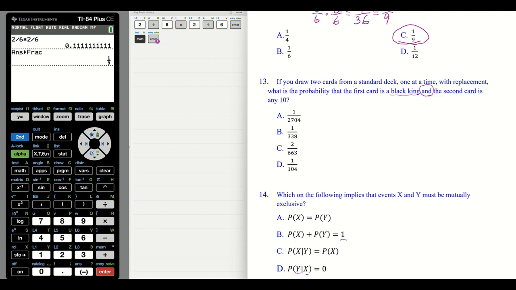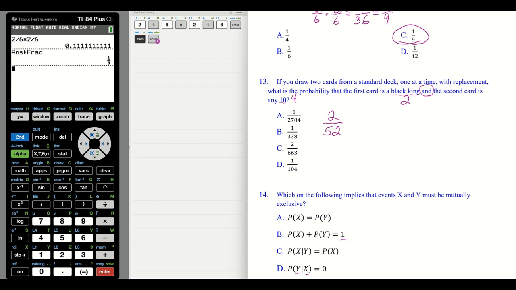Okay, out of any deck, you will have 1 black spade and 1 black club. Okay, and then there are 4 number cards that are a 10. We have 2 black kings. So we have 2 out of